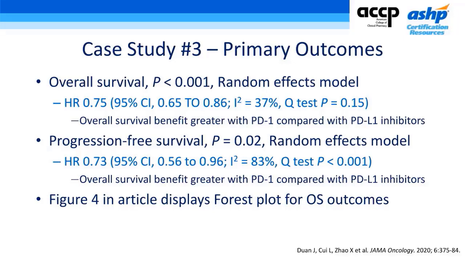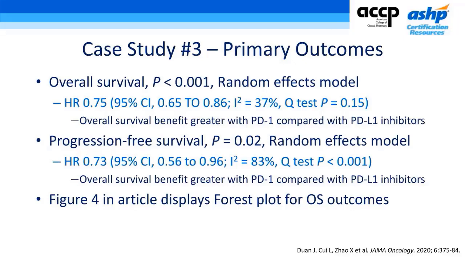Progression-free survival, again, used a random effects model. The I-squared was 83%, quite a bit of heterogeneity. The hazard ratio confidence interval did not cross 1, so overall survival benefit was greater with PD-1 compared with PD-L1 inhibitors. And I want to point out that in the article, figure 4 displays the forest plots for the overall